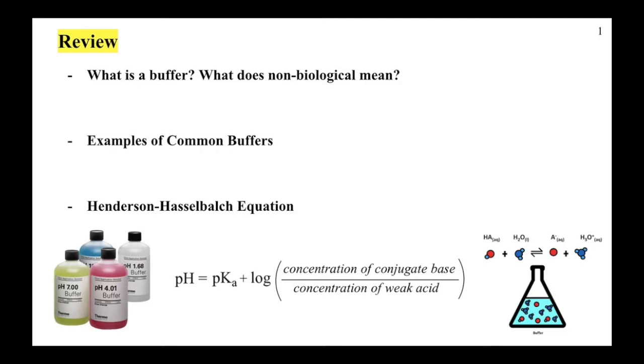Buffers maintain the pH at a particular value. A pH less than 7 is referred to as an acidic buffer, while those which maintain the pH at values greater than 7 are referred to as base buffers. Examples of acidic buffers include CH3COOH/CH3CO2- and HClO2/ClO2-. An example of a base buffer is